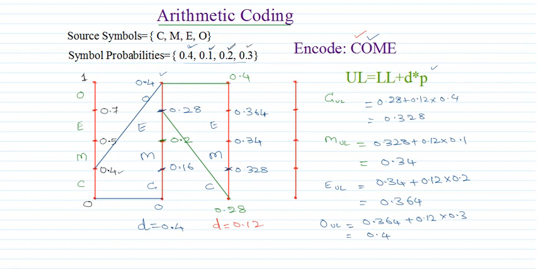So this is the simplification for the third stage. Now before proceeding, we have to look at the text that we are encoding. The next character in the string is M, so we have to go for M. When I go for M, here you can notice the M line: the upper limit will be taken to this, and the lower limit will be taken to this end. So the values are 0.328. I'll just take this to the next slide.